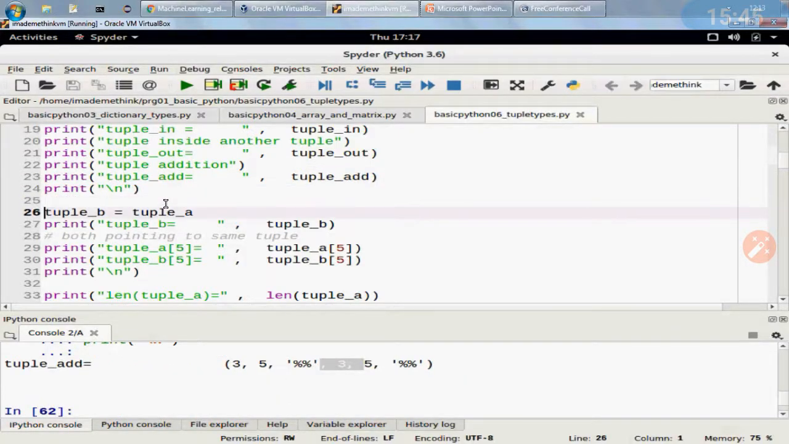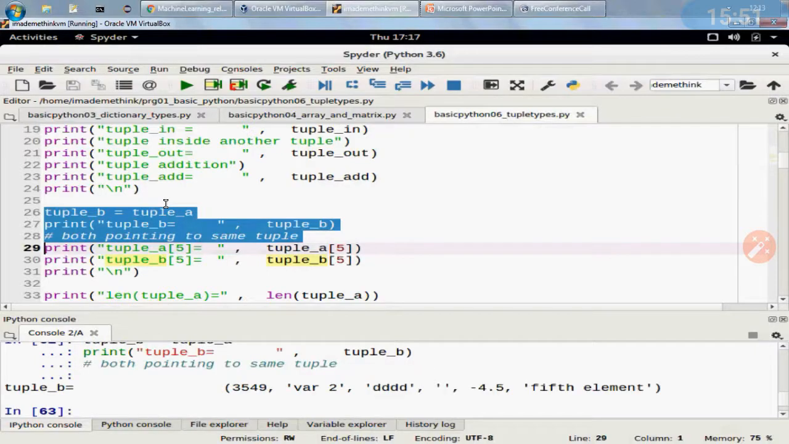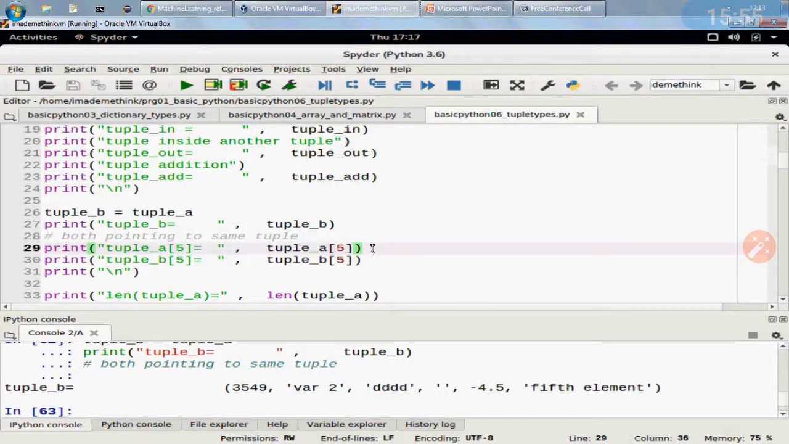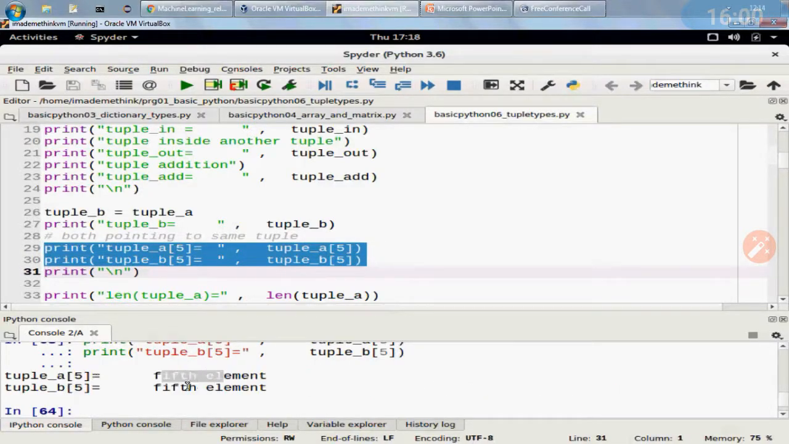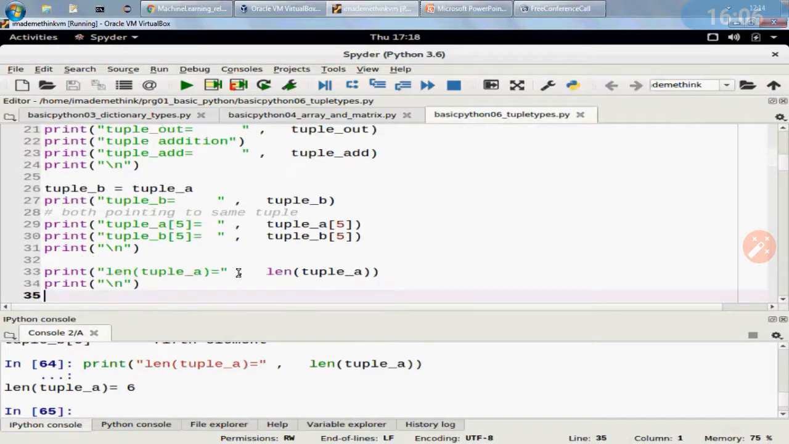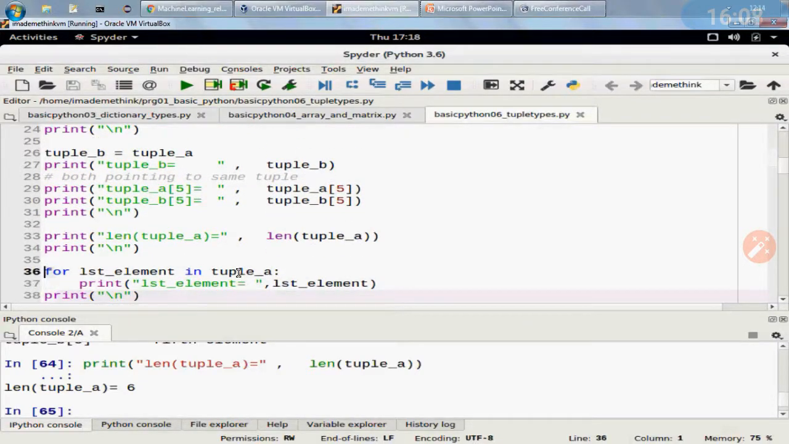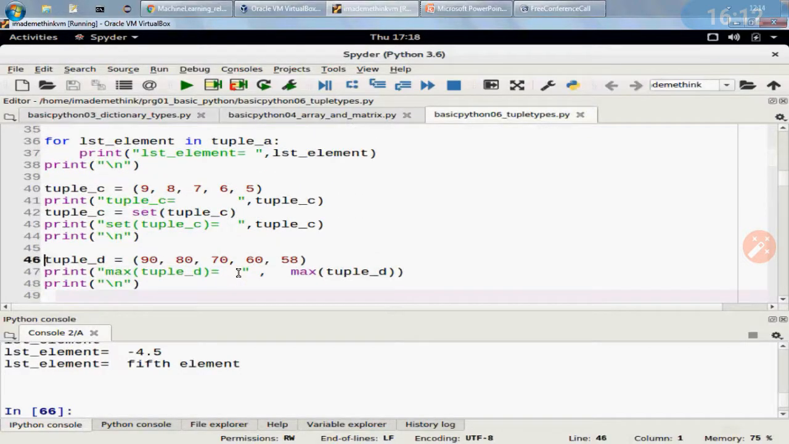Now both are pointing to the same tuple. So now tuple A and tuple B are pointing to the same tuple. Now trying to access the fifth element from both tuples, which is the same element, because both are pointing to the same set of elements. Now just get the length, which is 6, and you can access it using a for loop, that is also possible. So tuple C,